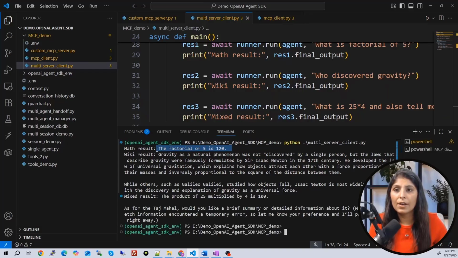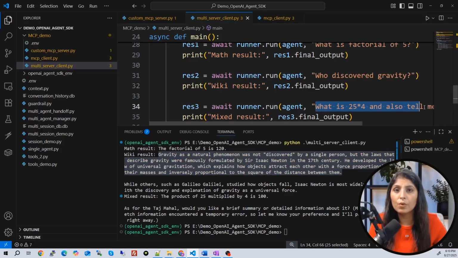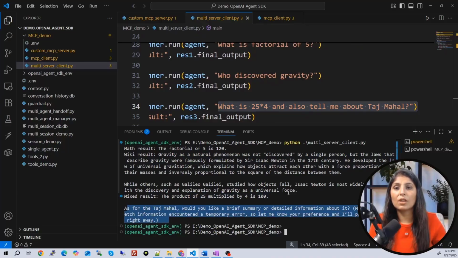The factorial of 5 is 120. Then the answer of the second question. Our second question is who discovered gravity, so you can read about it from here. And then the third question is what is 25 into 4 and also tell me about Taj Mahal. And see, 25 multiplied by 4 is 100, and this is about the Taj Mahal.